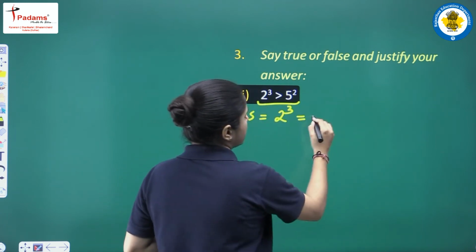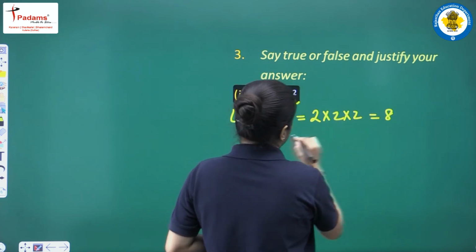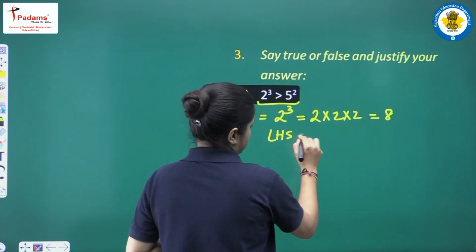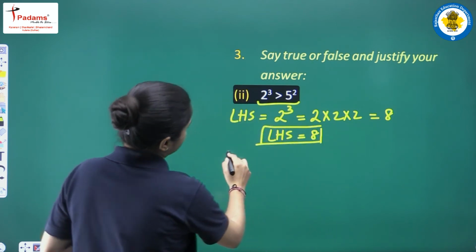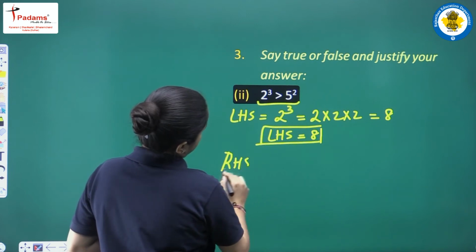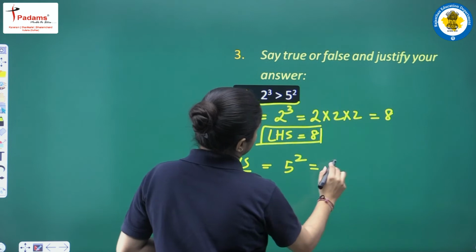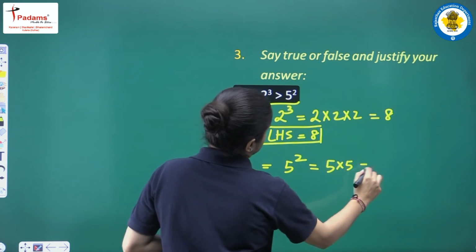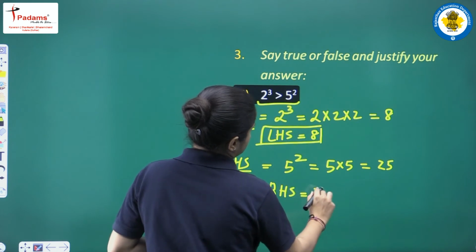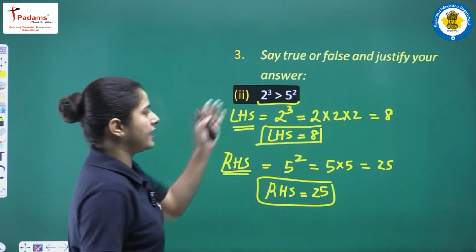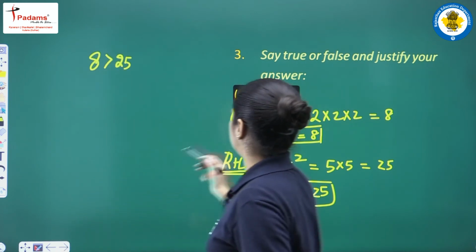2 raised to power 3 का मतलब क्या होता है स्टूडेंट्स? 2 into 2 into 2, that is 8. तो लेफ्ट हैंड साइड कितना आ गया हमारा? 8, राइट? अब राइट हैंड साइड क्या है स्टूडेंट्स? दैट इज 5 स्क्वायर, दैट इज 5 into 5, दैट इज 25. अब राइट हैंड साइड क्या आ रहा है स्टूडेंट्स हमारा? 25. अब क्वेश्चन का डिमांड क्या है स्टूडेंट्स, दैट 8 इज ग्रेटर देन 25, यही तो है ना,